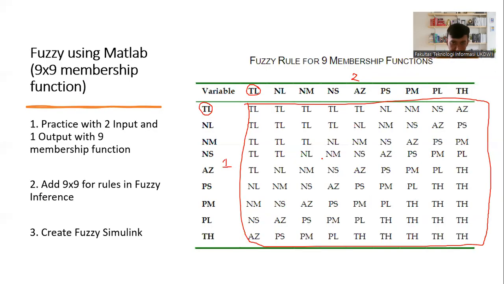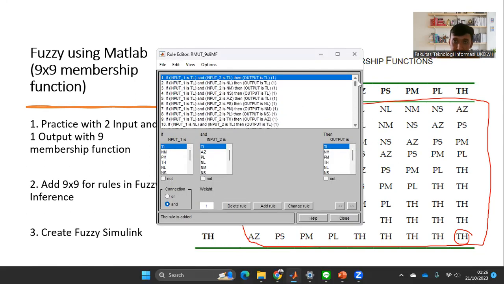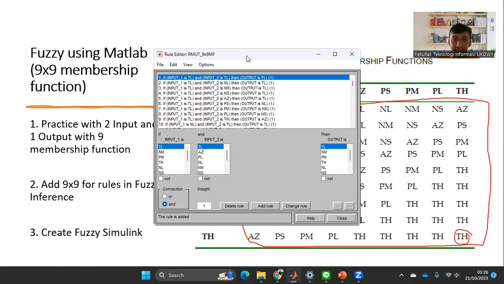Based on our slide, we input them one by one from here until the last rule. If input 1 is TL and input 2 is TL, then the output is TL.